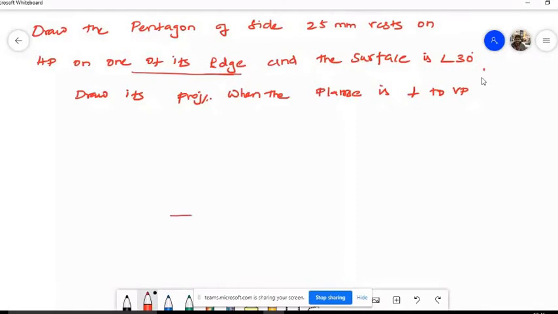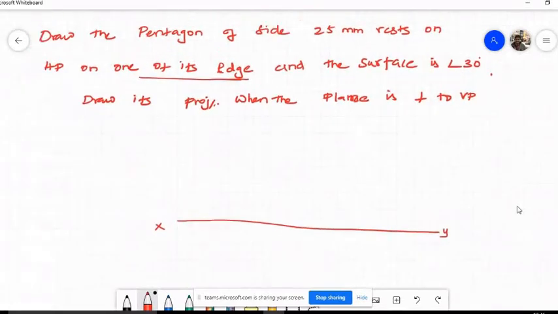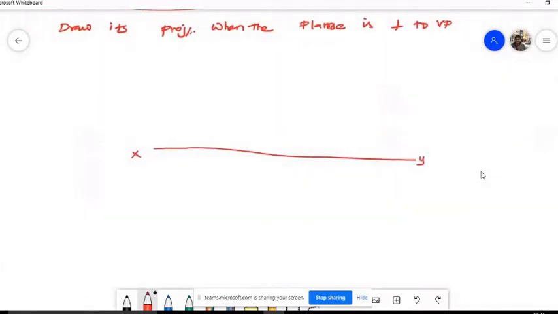So this is my reference line. I'll draw only the simple case because I hope everyone is able to draw the final question. Only you are not clear with the simple portion. Here it shows that one of its edges is on HP. So you will be fixing one side of the plane and you will be rotating, right? The fixed end should